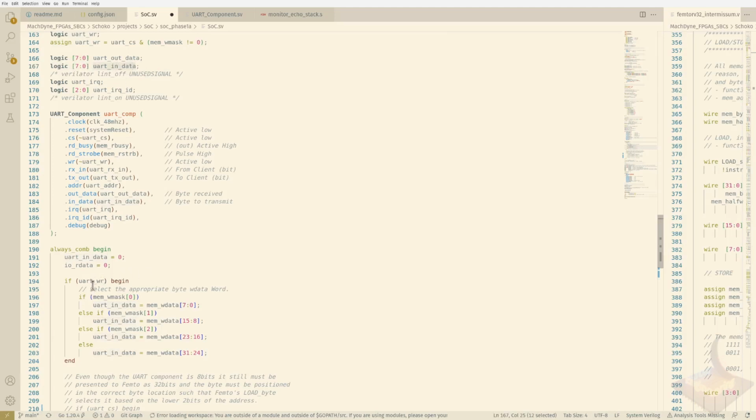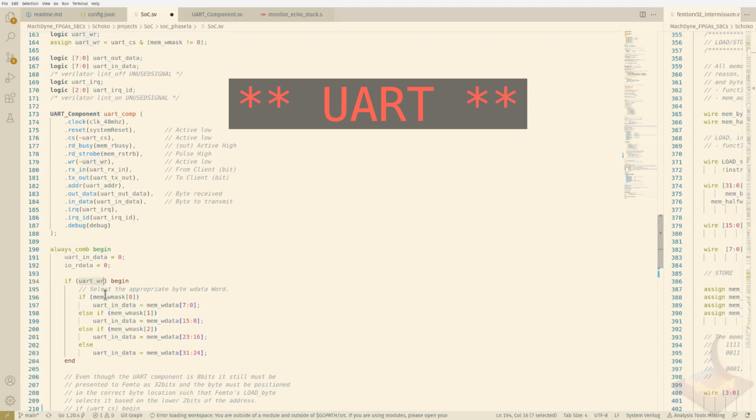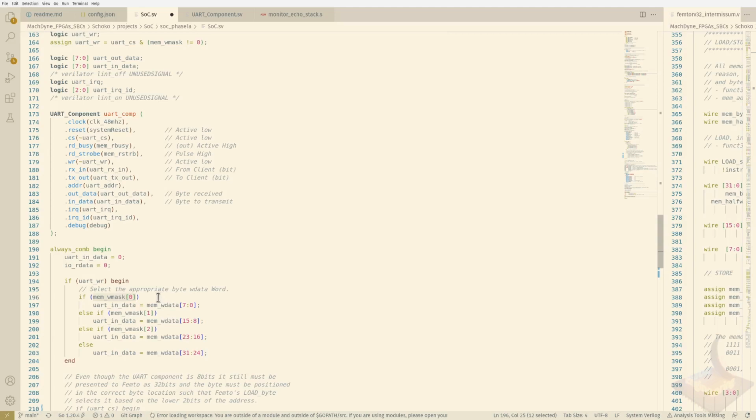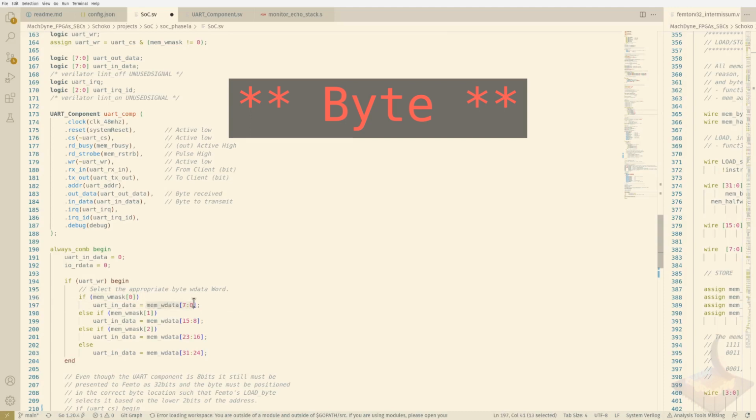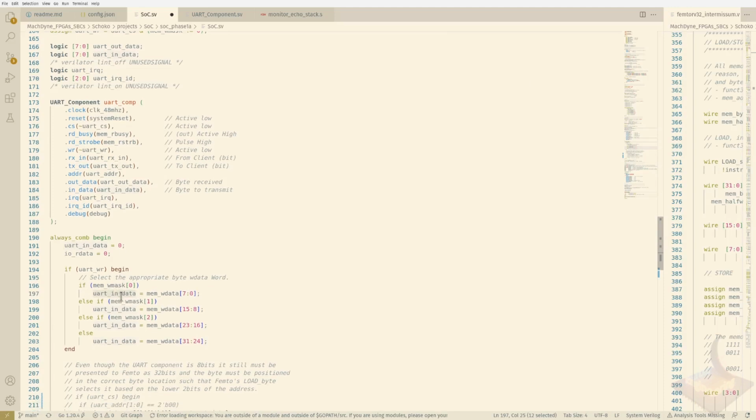The Femto, if we know we're writing to it, is going to tell us which bytes we need to write to the device. In our case, we only need to select one of the 32 bits of data coming from the Femto and write it into a single place inside of our UART data channel. This is the wires that go directly to the UART itself. So we look at each mask bit and select which one of the bytes that we want to write into